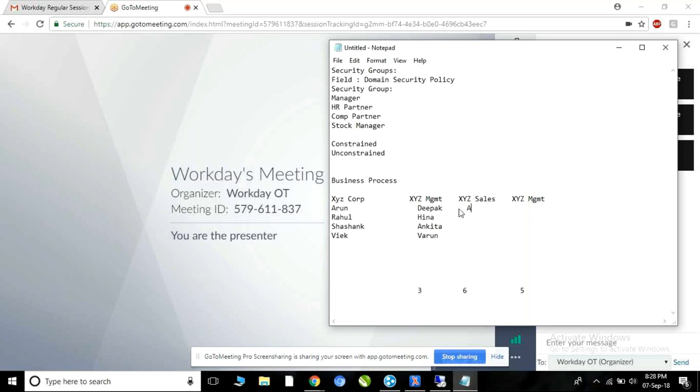And there is Anurag. Let's think of this as the organizational structure: in XYZ Corp these 4 employees are hired, in XYZ Management these 4, in XYZ Sales these 4, and in XYZ Marketing